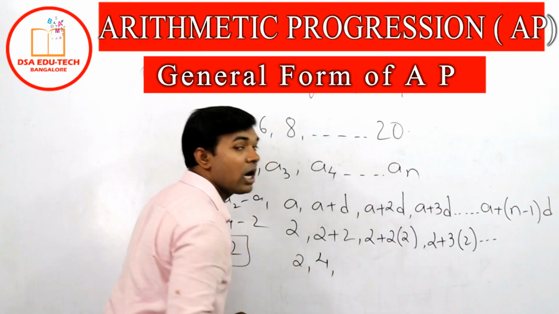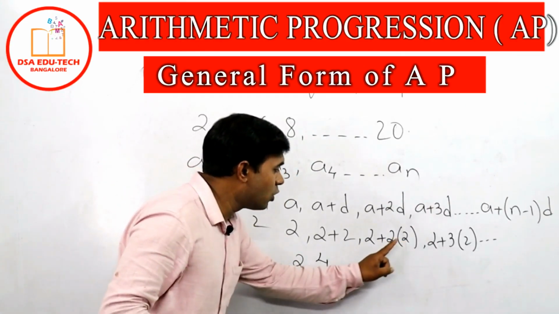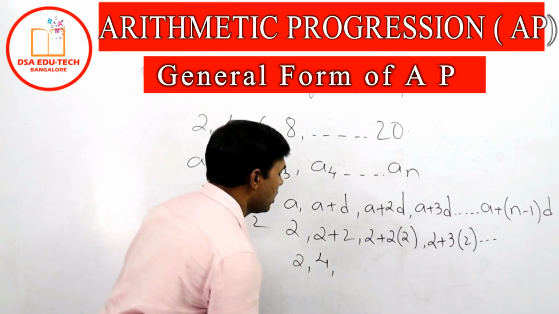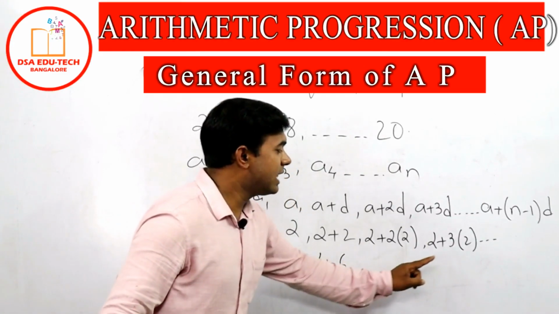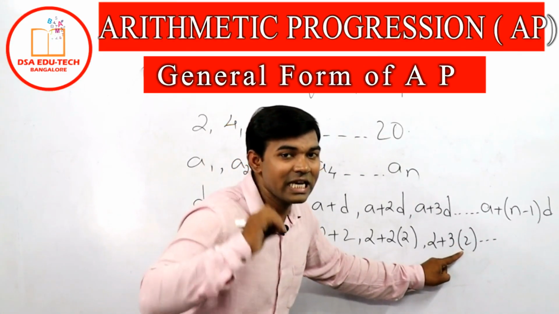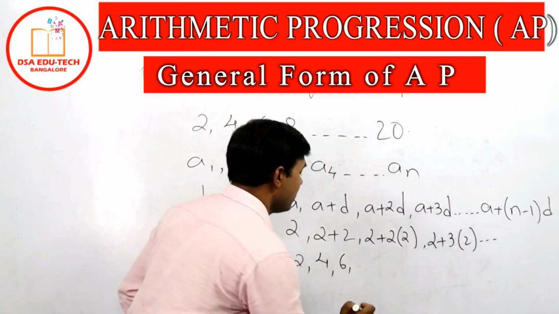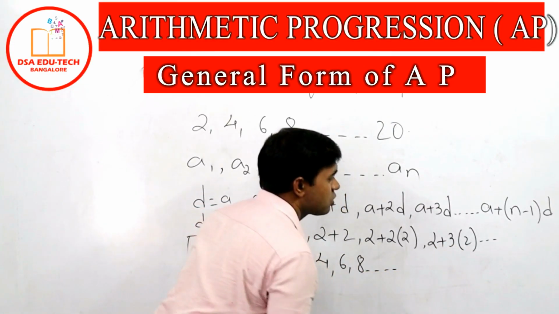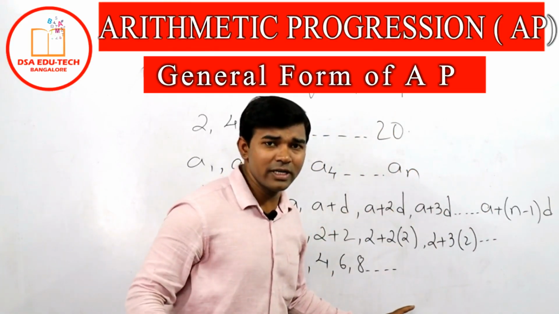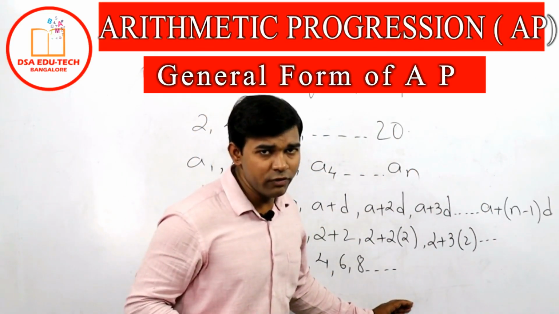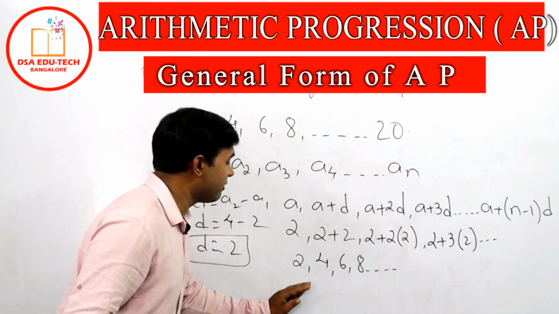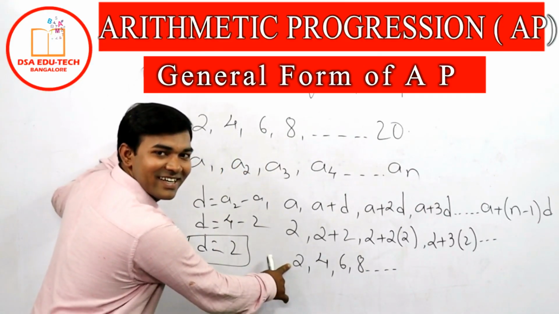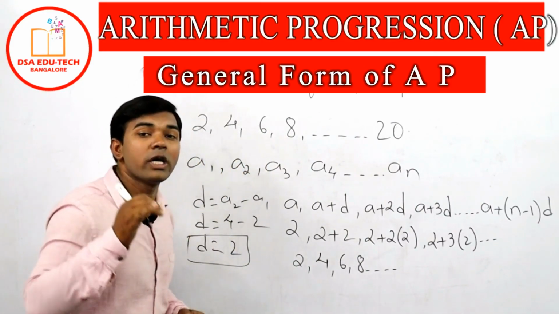Then 2 2s are 4, 4 plus 2 is 6. So we are having 6 over here. Then again 2 3s are 6, 6 plus 2 is 8, right? So you are having 8 and so on. If you do this, even you will do that, but I will not do it for timing. So this much we are having. So did I do the magic? Yes, even you can do the magic.